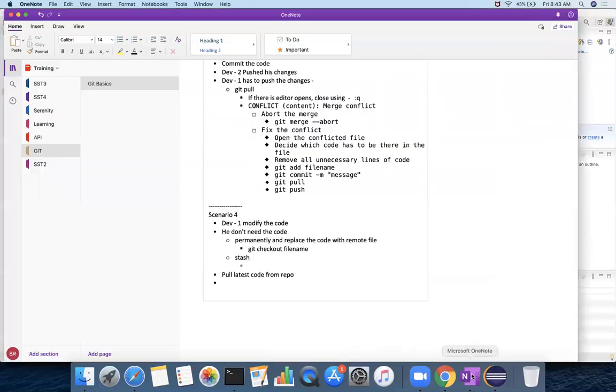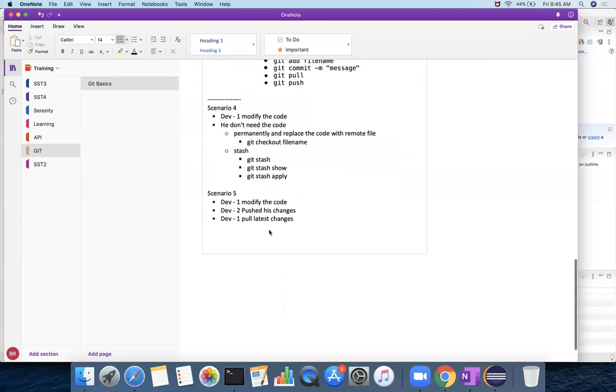So what are the commands we have? Git stash will remove all the changes, and it will prepare an index in the backend. Git stash list will show how many stashes are available, and then git stash apply will apply the latest one. Whatever the first one you have, those changes will be reapplied. And then git pull will get the latest code. Okay, any questions here?